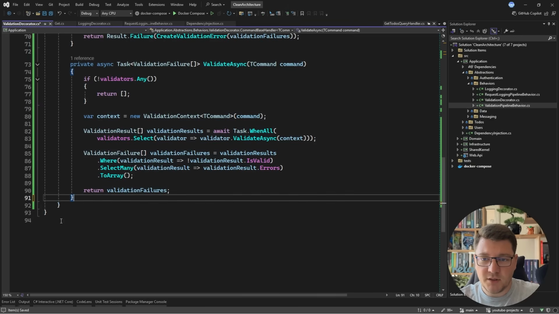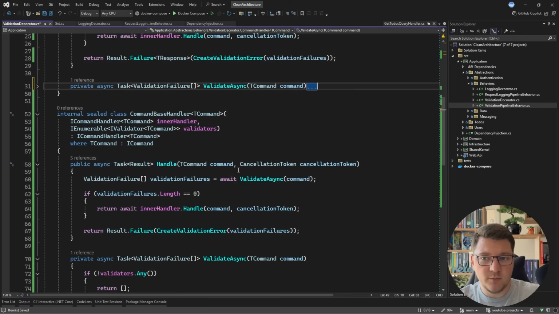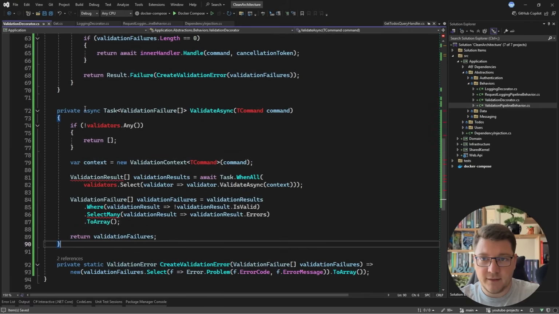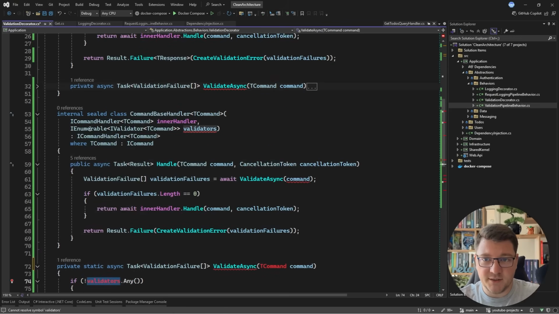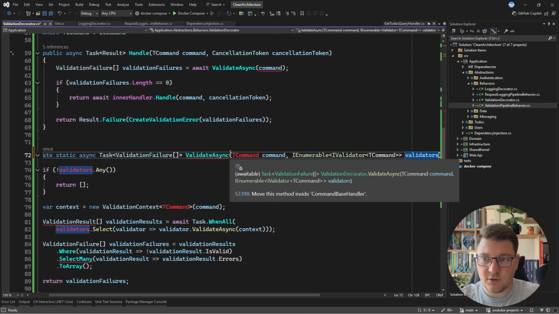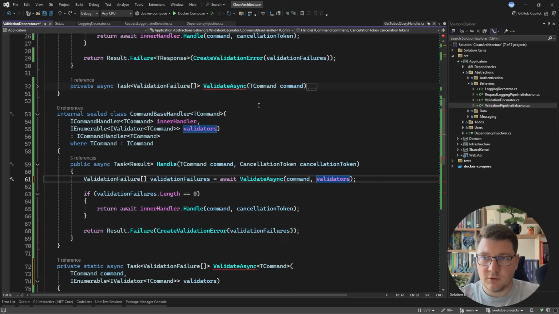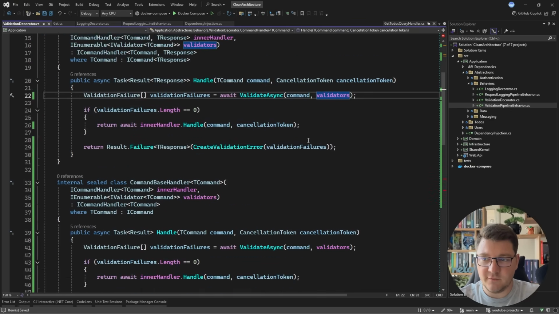So in that case, because it's static, I can move it out to the outside context and not have to duplicate it twice. And I can also do the same with this method here. And if I were to make it static, then I can reference it. However, I need to pass in the validators. So this is going to be an IEnumerable of IValidator of the command. So let's add that as an additional argument. And of course, this has to be a generic method where I can specify the TCommand type, and then I should be able to use this from my two command handler decorators by passing in the validators object,